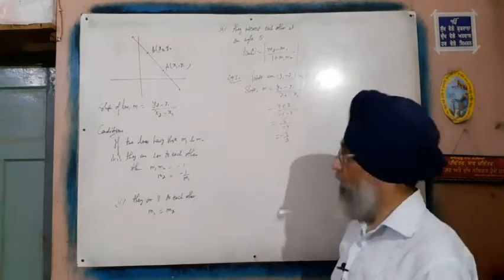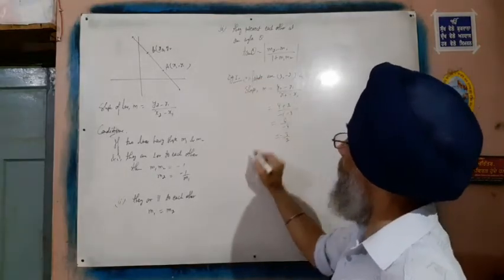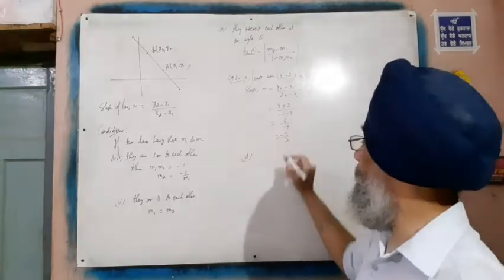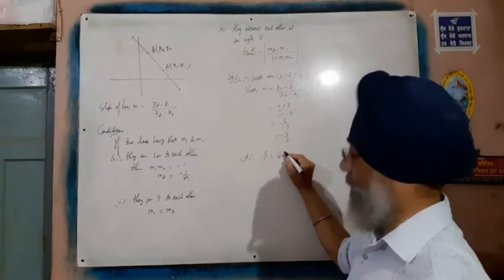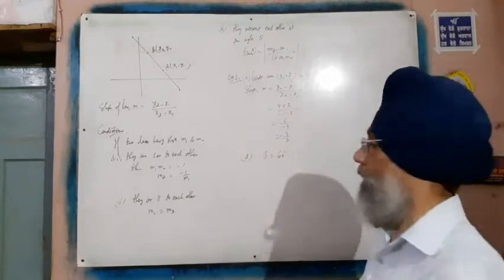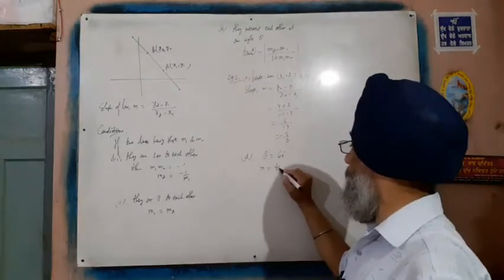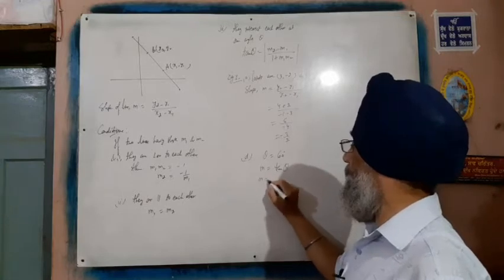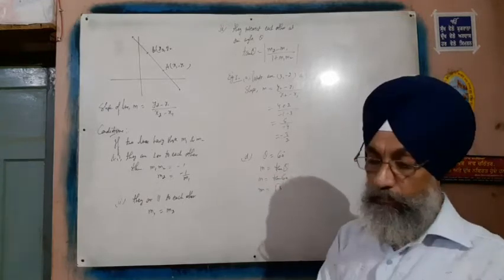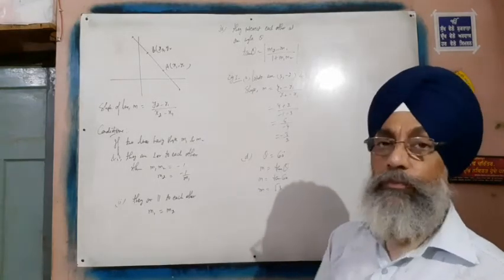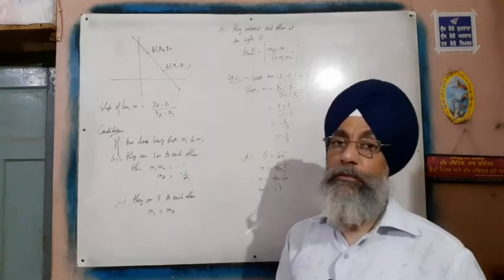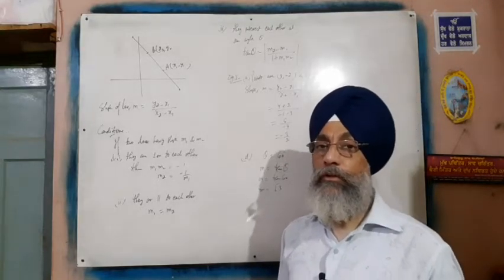Okay? If you see the part given, a line making an inclination of 60 degrees, that is, theta is 60 degrees with the positive direction of the x-axis. So here we take the formula m is equal to tan theta, that is tan 60. The value of tan 60 is root 3, that is the slope of the line. Okay? We used both formulas: if two points of a line are given or if the inclination is given, then we can find the slope of the line.